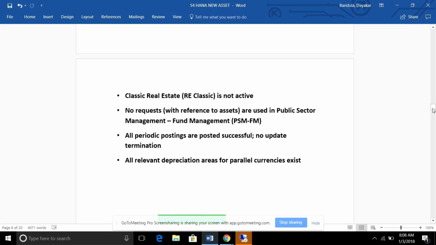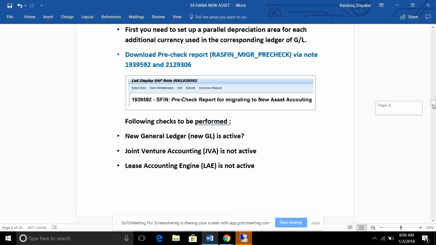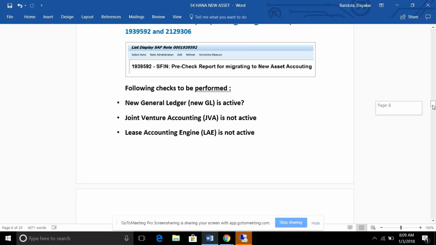Whatever currencies we are maintaining at the GL level for the depreciation areas, the respective parallel ledgers and accounting principles, we need to maintain the currencies in the same way. The setup needs to be there in the FIA set, and only then can we go for further things from FIA set. These are all the prerequisites. We are checking that under this particular program.